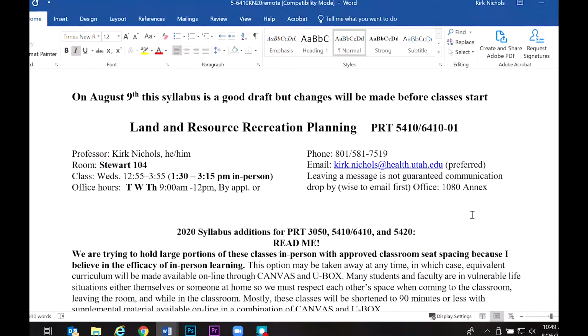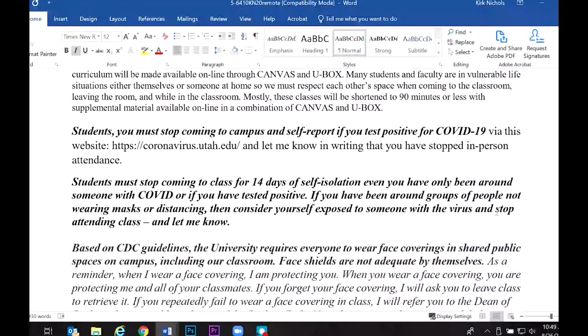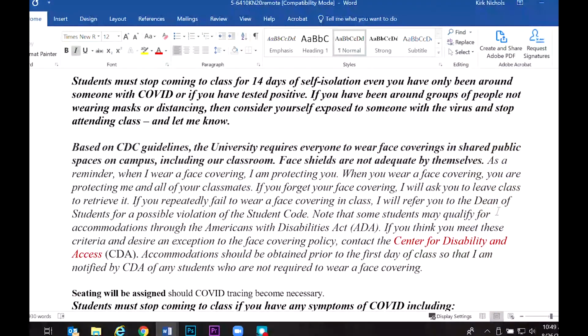And you see that we meet Wednesday afternoons. Office hours, that's something that needs to be changed here, is going to be by email only. And if we need to set up a Zoom, then we certainly can. Most of the beginning of this syllabus is about Canvas stuff, and you should be well informed in that. So I'm going to move a little bit past it. Definitely masks are required. I will let you read through this on your own time.